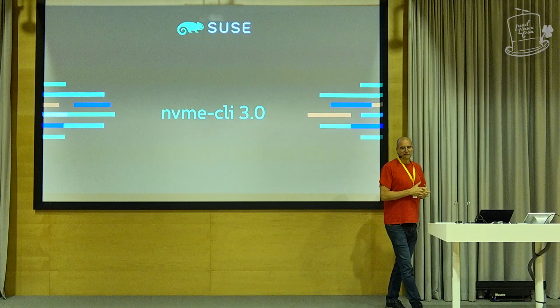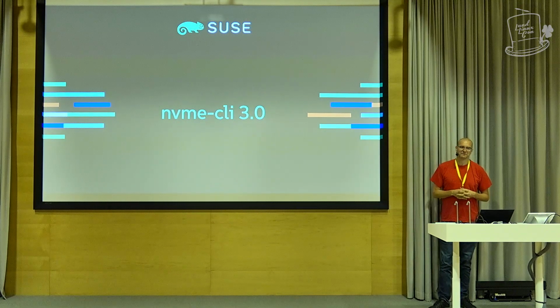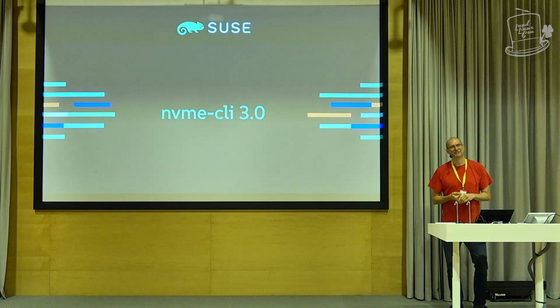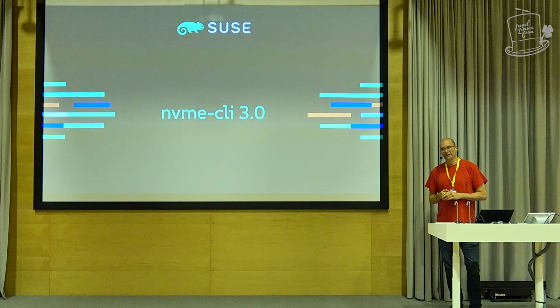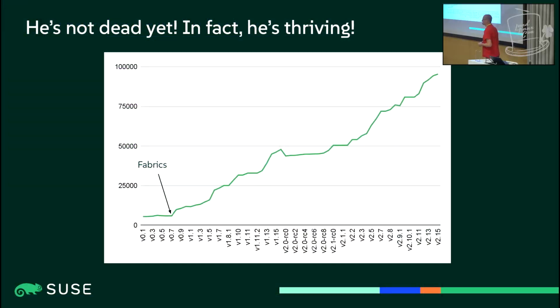nvme-cli 3 is basically the result of we got the library API a bit not perfect. And we collected a lot of technical debt over the time, and so the plan to address that started the project version 3, and just to show you why we have this technical debt, until version 0.7, nvme-cli